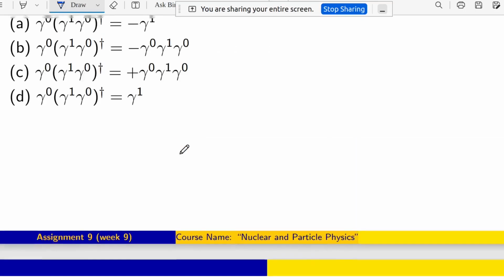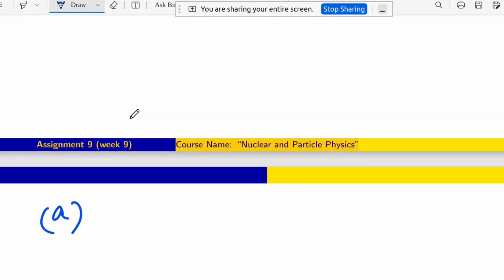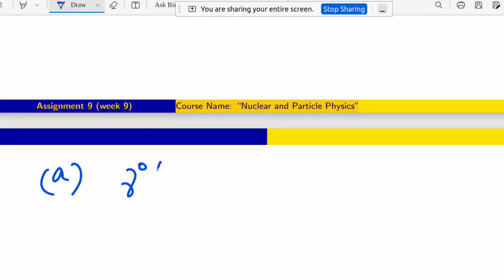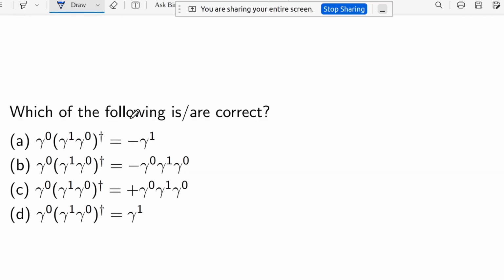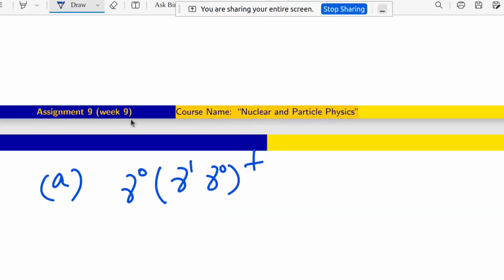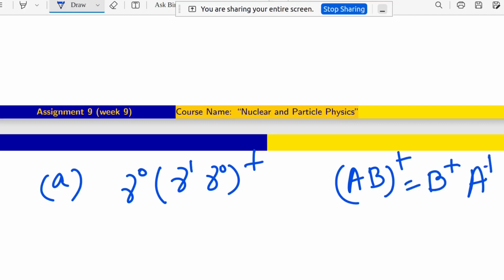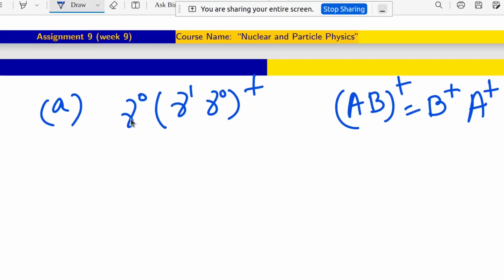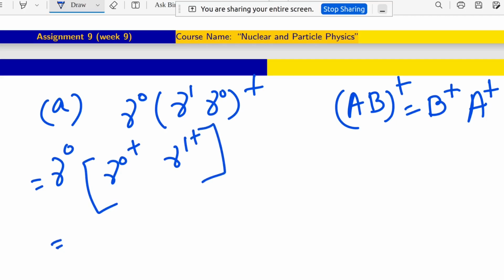First one, (gamma 0 gamma 1 gamma 0) dagger. Is it gamma 1 gamma 0 dagger? Okay, yes. So (AB) dagger, what is the expression for that? B dagger A dagger. So if I write like that, then it will be gamma 0 dagger gamma 1 dagger. Now